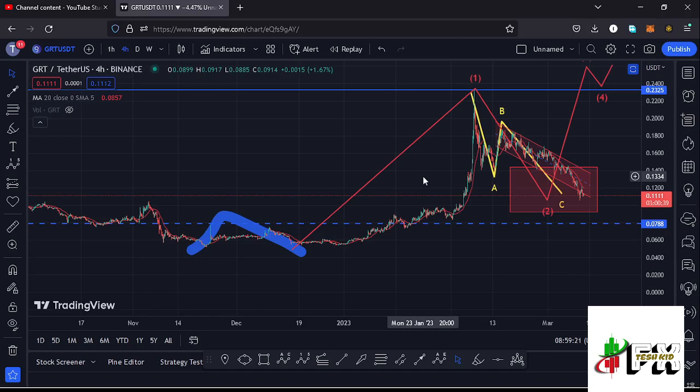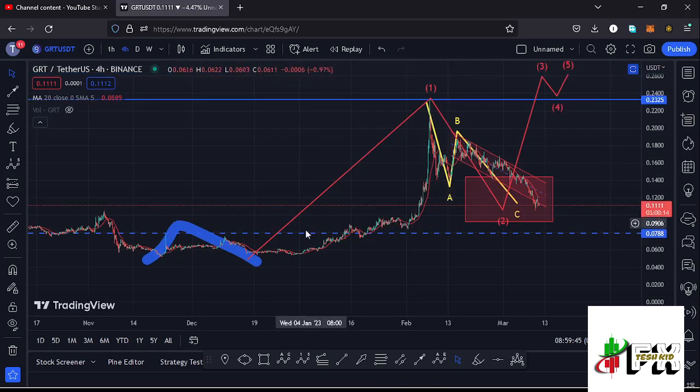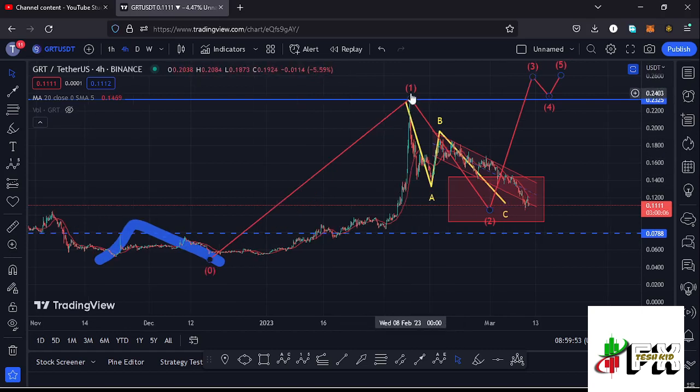And allow me to first give you a quick recap of what has been happening, where you can see that after making our lower low at around the $0.0518 mark, we started this massive bounce to the upper side in this 1-2 setup, and after seeing the 1-2 setup, we started this other 1-2 setup to the upper side, where you can see that I have the wave 1 giving us a peak at around the $0.2325 mark, and after seeing the high for that wave 1, we started a corrective structure to the lower side